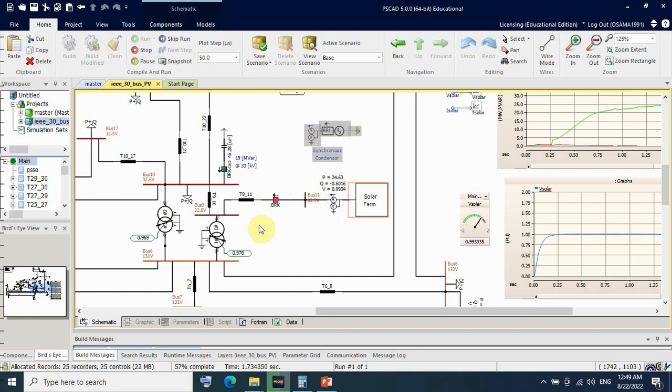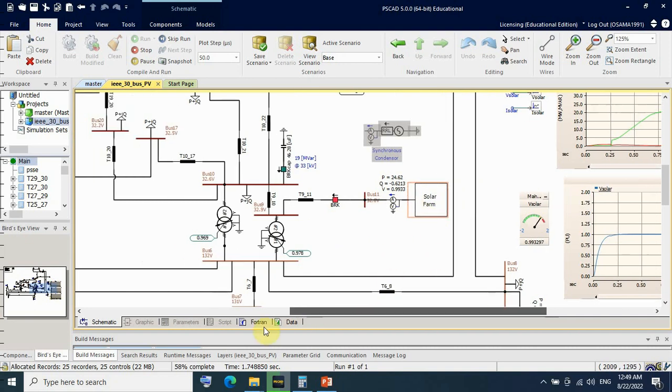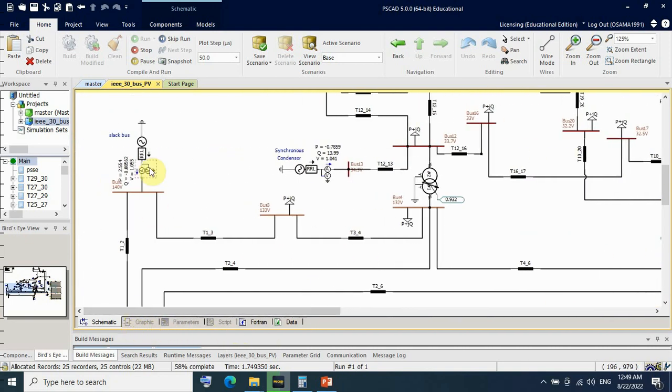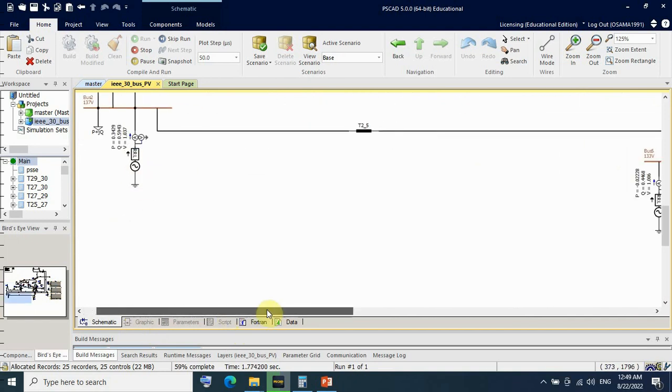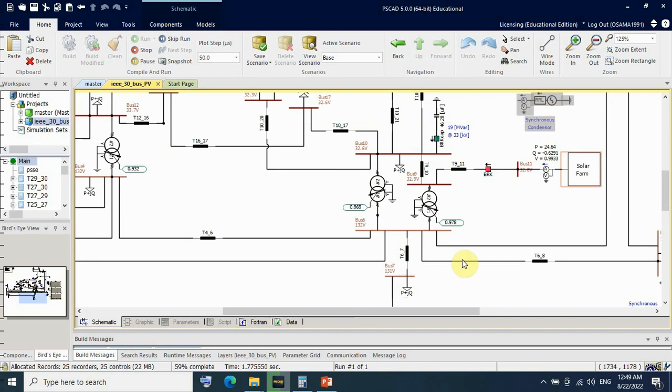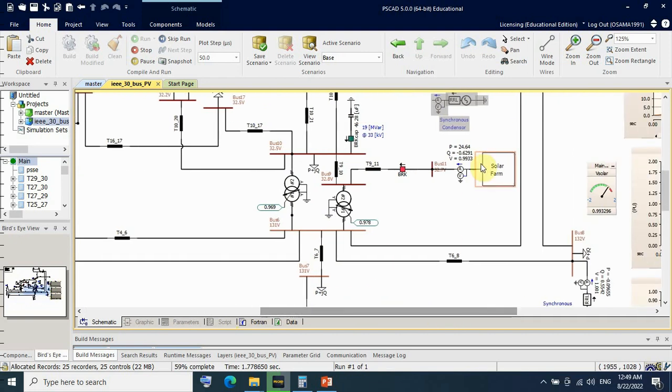Also, I want to know the contribution of this 25 megawatt on other buses like the slack bus. So this power should decrease, and here also, because of this distributed generation,